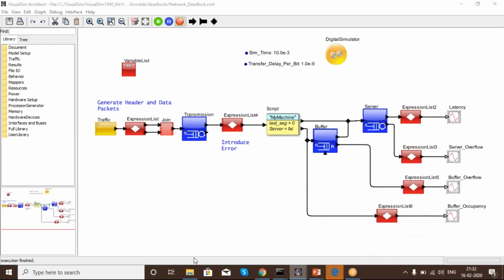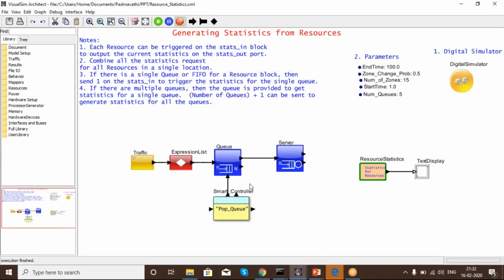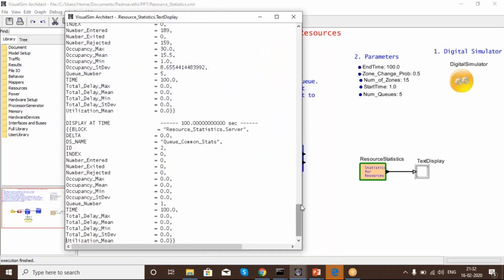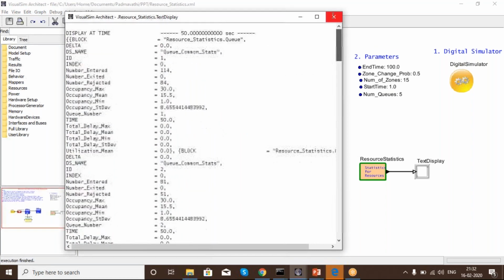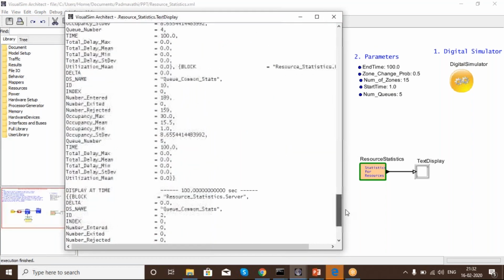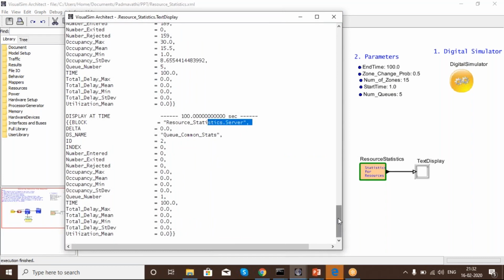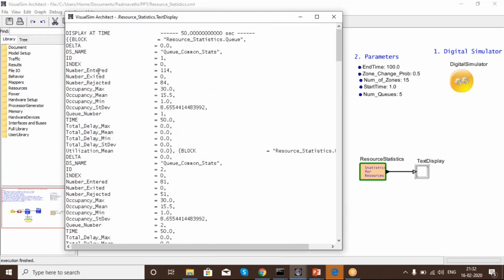Next, we'll see how the resource statistics help. So in this model, we can see how the data is flowing. Here you get the detailed statistics for the queue block and the server block. If you see here, we have the number of packets entered, number of packets exited, and the number of packets rejected. The number of packets entered is 114, and no packets exited the block, and 84 packets are being rejected. So this shows that